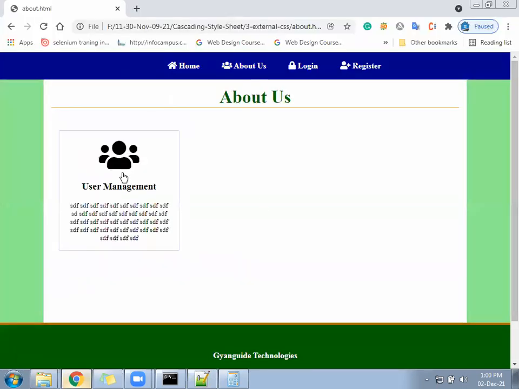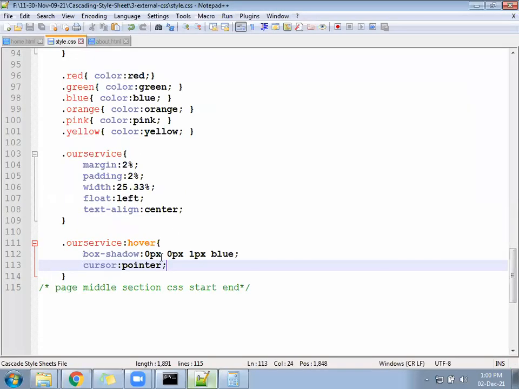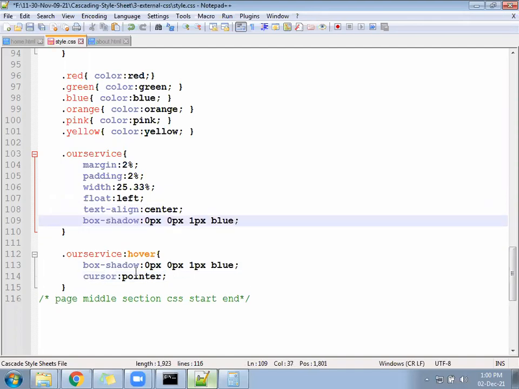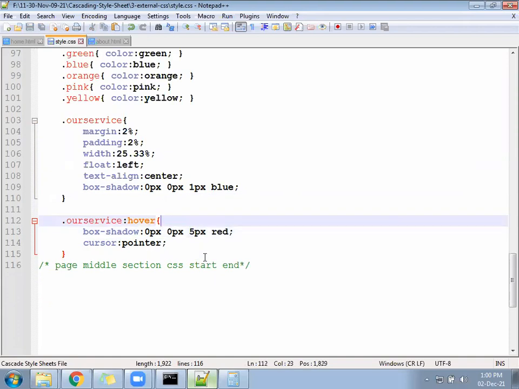See something like this, once the cursor comes here. Okay, so better you can keep this one default also. Keep this color as default. Keep box shadow as default. When the mouse goes there, we can change to a different color, maybe red color, and we can increase to 5 pixels. So once the cursor goes there, it will find that the box shadow got increased. It will look like it becomes active as soon as the cursor comes in.